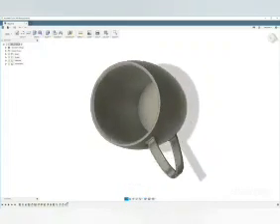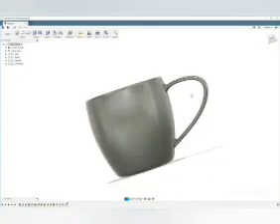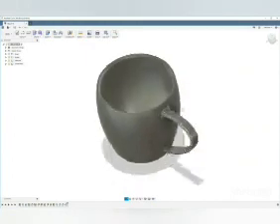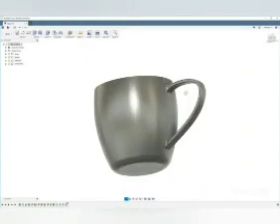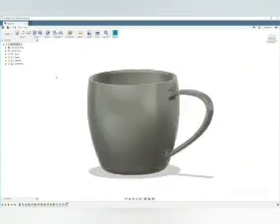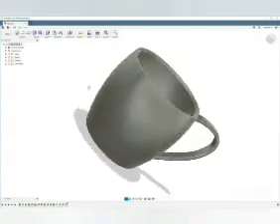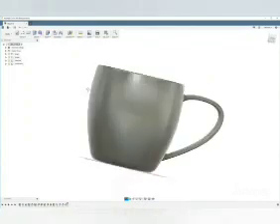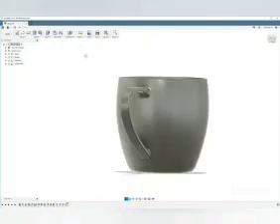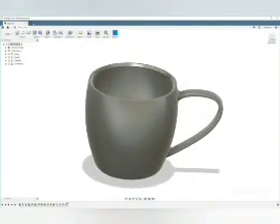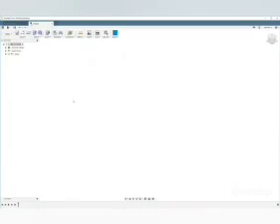First, see the diagram. This is a circular view. So I use only three commands. One is the revolve command, second one is the sketch command, third one is the sweep command.